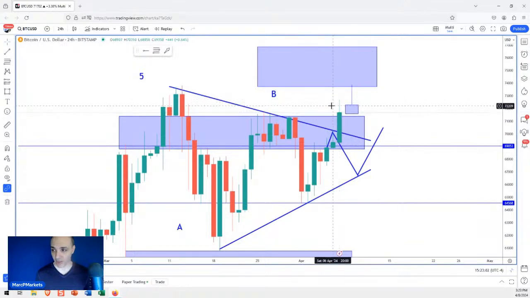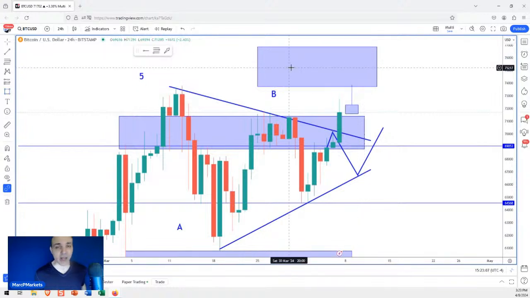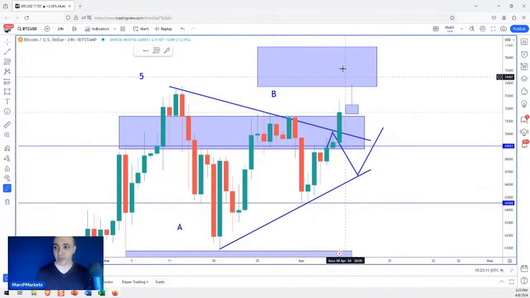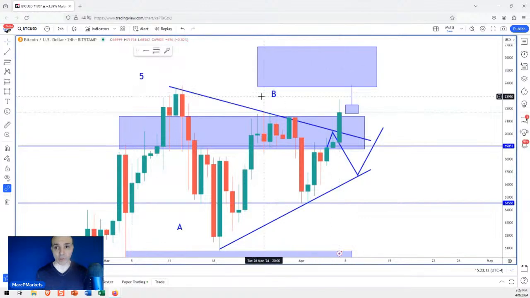We see a little tail on this candle. All right. And then we have this fake out zone up here. So there's a lot of resistance in front of it. It's going to take a pretty serious catalyst to get this thing through this. So if this thing is just going to gyrate around and we don't have any serious catalyst, I suspect we're just going to go back inside the range.